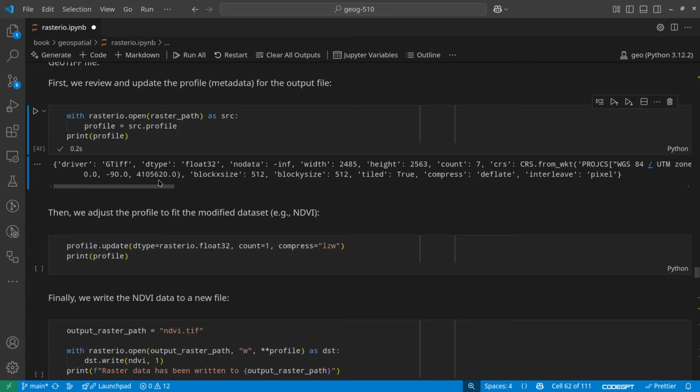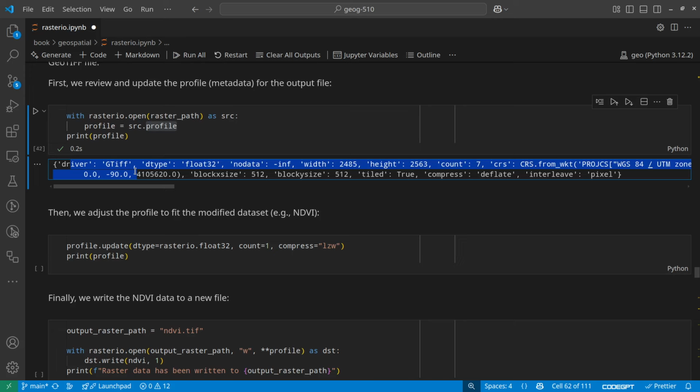So a TIFF can be geospatial data, but it also can be a regular TIFF without any geospatial information, right? If there's no geospatial information, it's not a geospatial data set. And this is super important: once you open the data, you can look at the profile. So keep that in mind. Earlier, this is the Landsat data, right? And if you want to save the NDVI, with the same extent, same resolution, everything the same as the original data set,